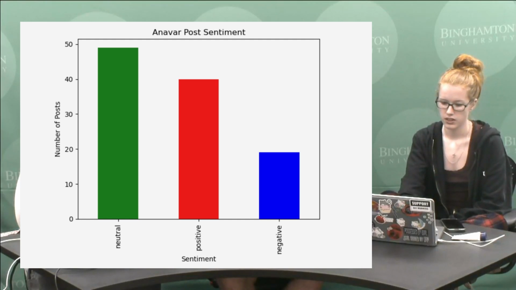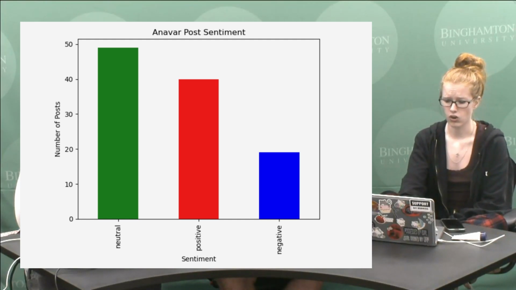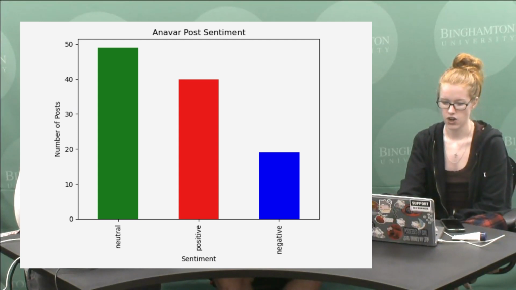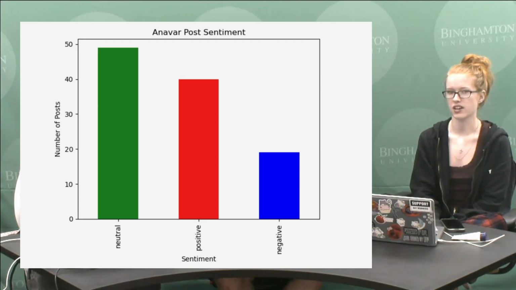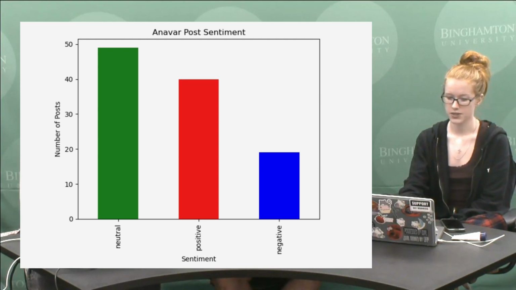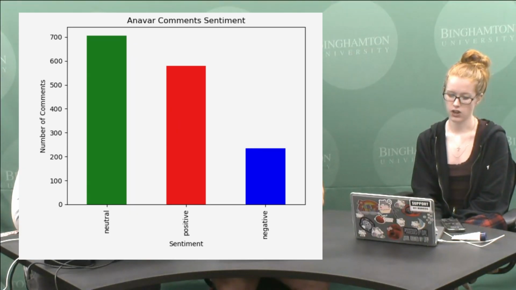And then the next search that I searched up was Anavar. Anavar is a PED, and it is a popular oral anabolic steroid often used because it is considered mild, especially among beginners and women. So when I did the Anavar post sentiment, around 40% of the posts were positive and only around 20% of the posts were negative. So you can see that there's a very big gap there. And then for the comment section, around 600 of the comments were positive and only around 250 of the comments